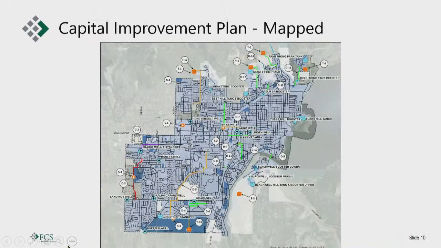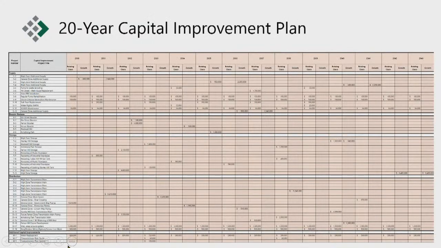The map's a little bit wonky. We asked them to turn it because north is to the left, but it does not fit on the page in the comp plan nor in the brochure that you have. The next slide is a 20-year, so that's looking further out, estimating when wells will be needed, when tanks will be needed for growth within the system, and that's an estimated timeline depending on the percentage of growth from year to year.